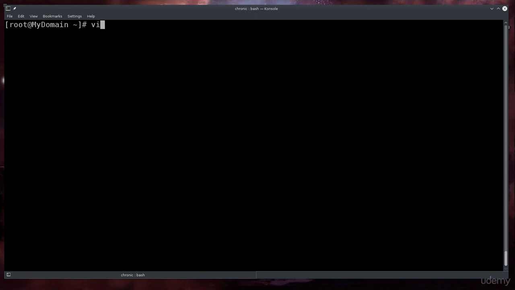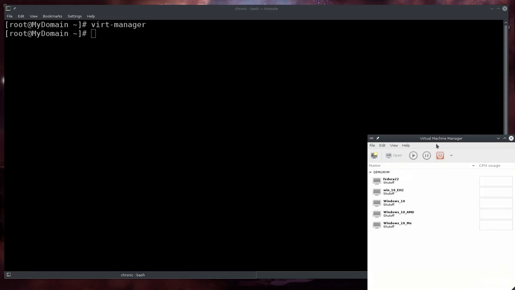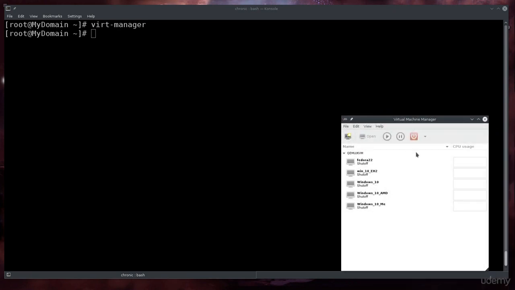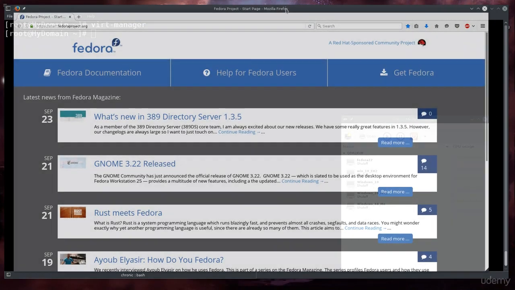Anyway, then you will need to type in virt-manager, press enter, and this is going to pop up a virtual machine manager. I already have several virtual machines here, but I'm going to go ahead and open up Firefox. And you will need a Windows VM. Why will you need to create a Windows VM? Well, obviously because we're making a USB to basically be pluggable into a Windows machine that's going to deploy a keylogger. So we'll need a Windows VM to compile the keylogger and to test everything out there